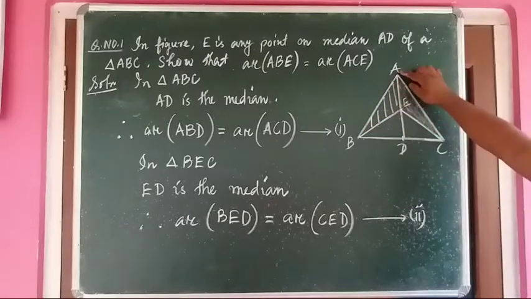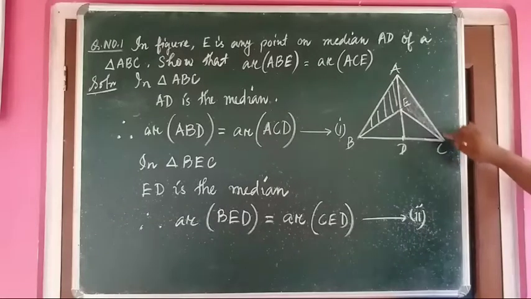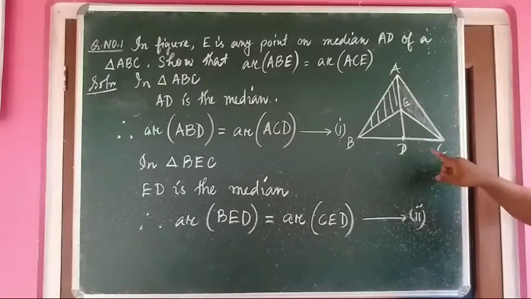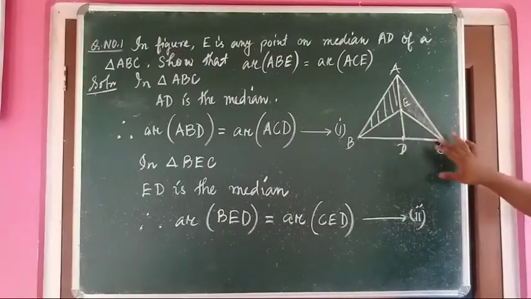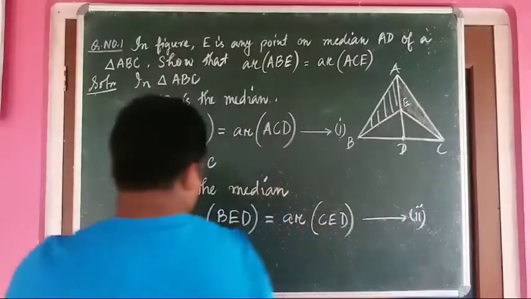Again, from area of ACD, if we subtract area of CED, we will be left with AEC. That means we can do here